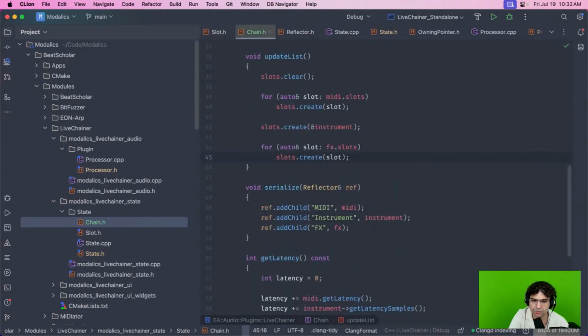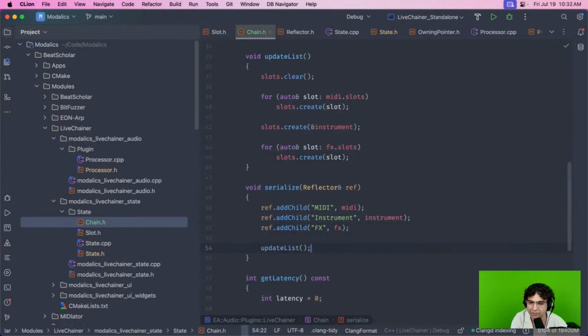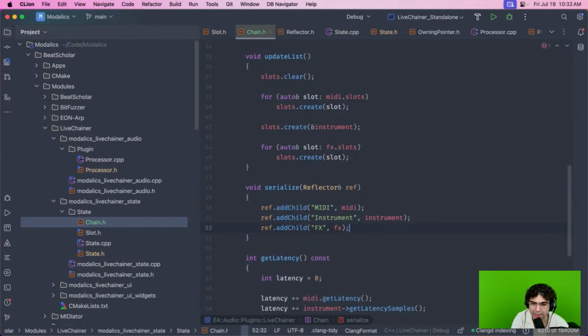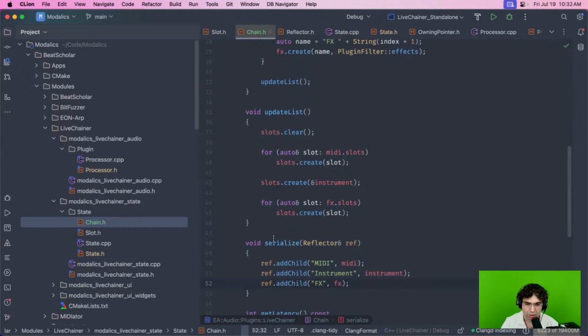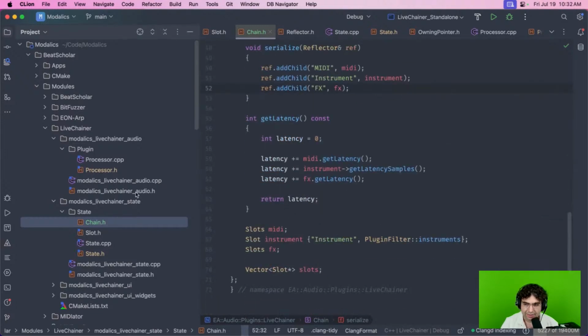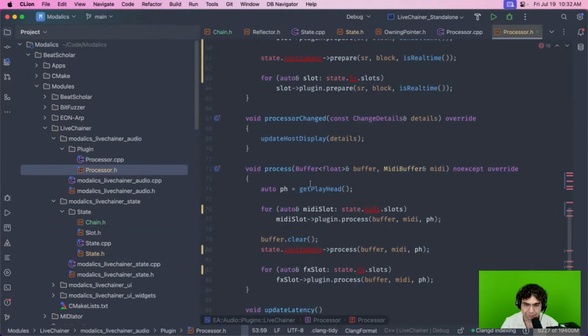I need to think about this because if I allow this thing, it's possible that, for example, between versions, I'll need to do this again, and this might create threading problems, which I need to think about. But I'm just going to start with this. So on the constructor of the chain, I'm calling to update the list,